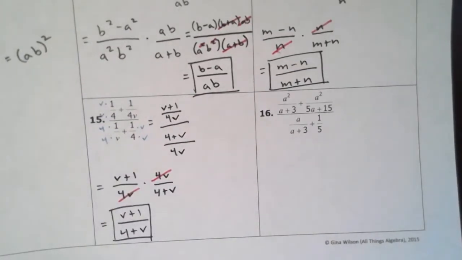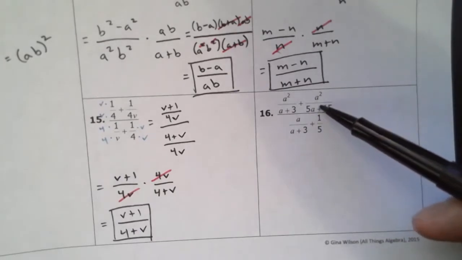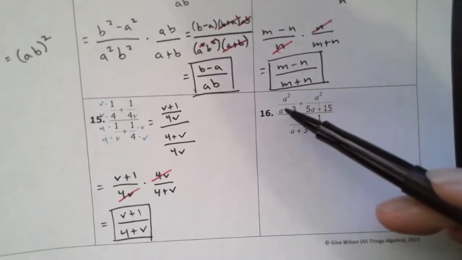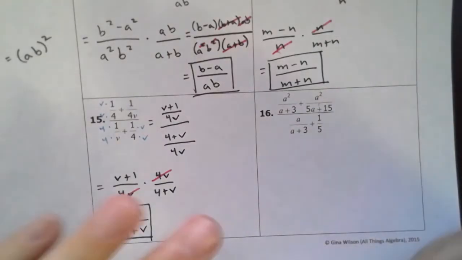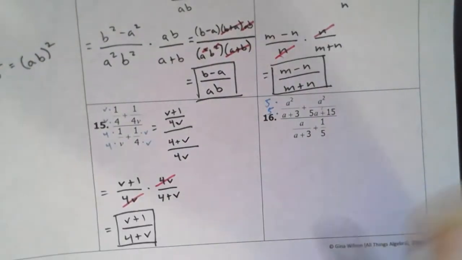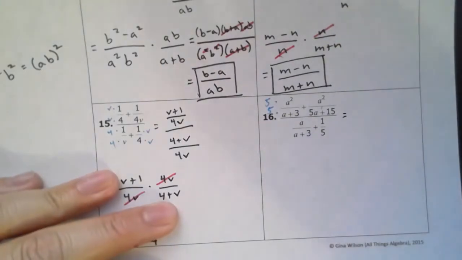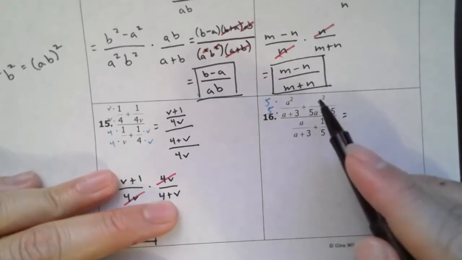16. Wow, look at this one. So for the numerator, for the sake of space, notice that here on the right one, 5a plus 15, if I factored out a 5, I would get a plus 3. That's what I have here. So I just need to multiply this one, top and bottom, by 5, and then that would give me the same expression I have on the right side. So multiply by 5 there, and I'm going to get, let's see, 5a squared in the numerator plus a squared. Those are like terms, 5a squared plus a squared. So I'm going to get 6a squared